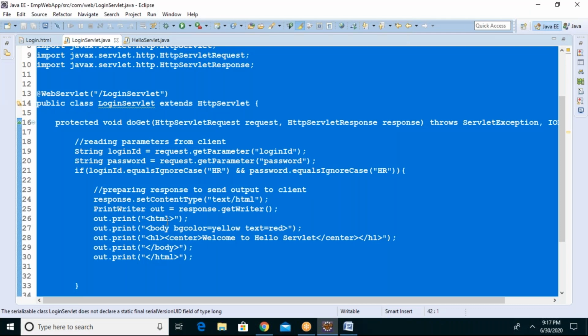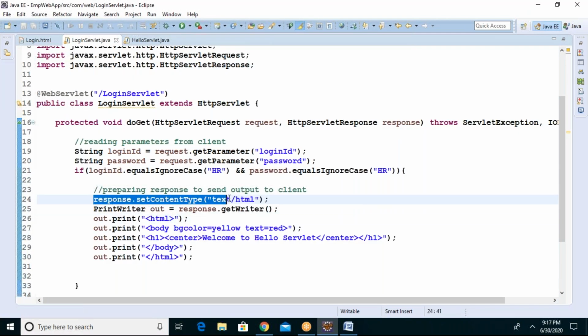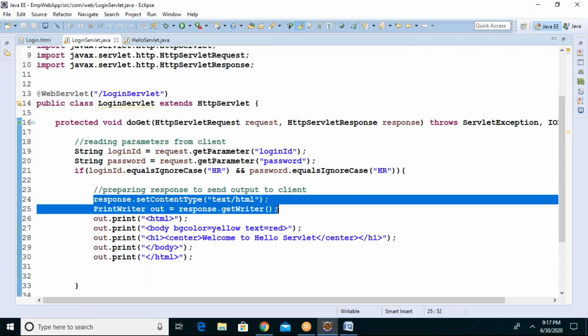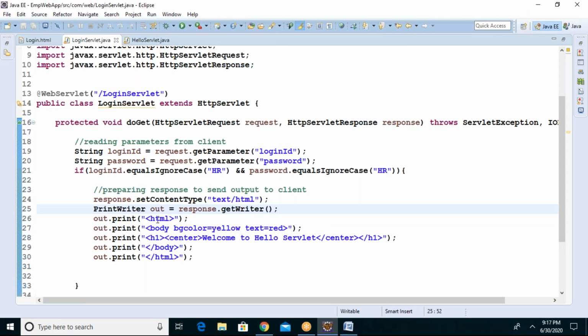That's all. The response dot setContentType, get the PrintWriter, then print the message: welcome to HR home page. This comes under the if condition, right?